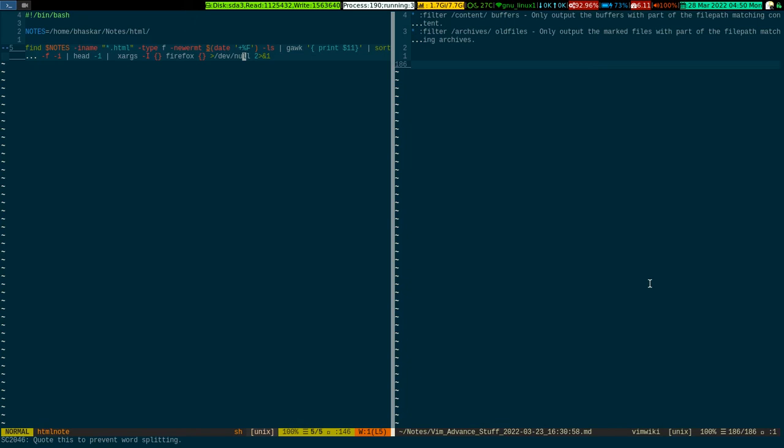This is a simple find command which will go ahead, find the timestamp of recently generated HTML, take out the specific field, sort it out. If it is more than one, then it brings out the latest one with the head command, then it passes it to Xorg and with the application you wanted to open it with. Okay, likewise